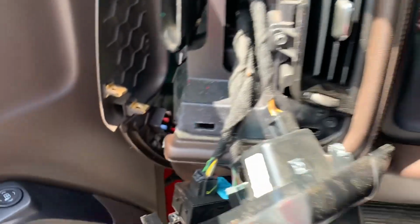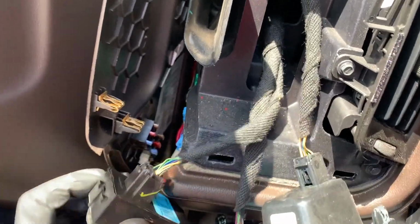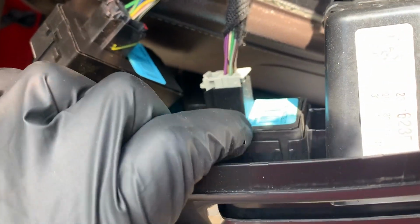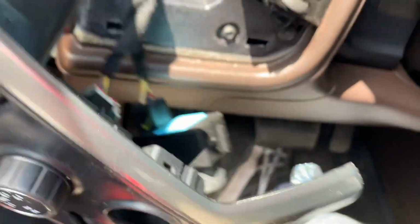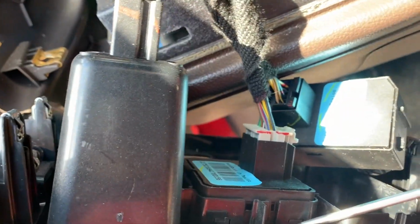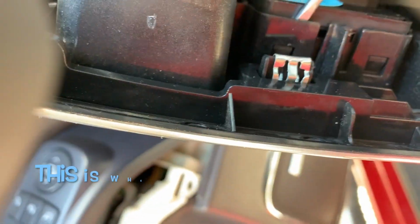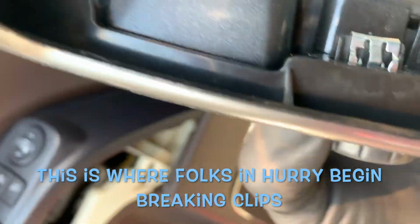It looks like what I'll be doing is I'm going to pop this out. To do so, just like this piece here, there are clips, there's a little clip here. Use your fingernail to release it there. Go to the opposite side. This one has 2 pieces, notice, and I'll point to it so you're aware. This here, as well as this here. You can use a screwdriver, just be very gentle. I'm going to wedge it in there and try to